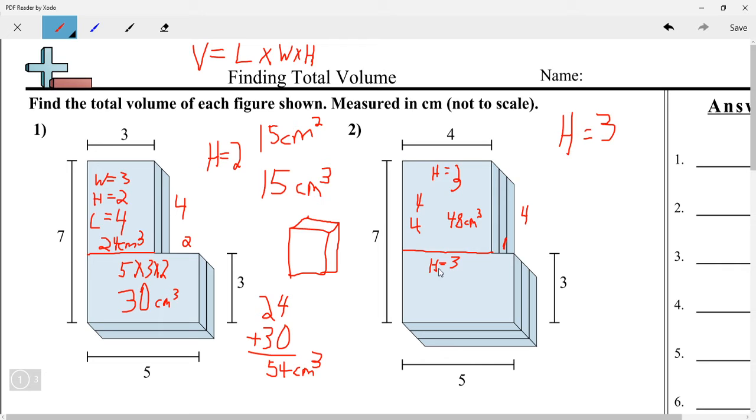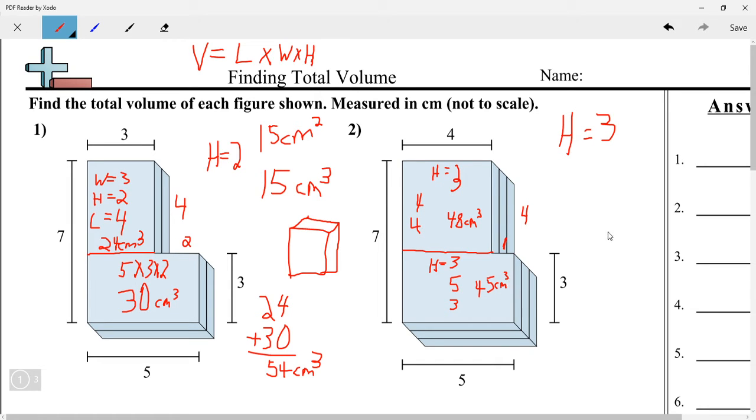Now, for this one, we know that the height is 3, the length is 5, and the width is 3. So we need to multiply these ones. And as you notice, I'm never using this 7 here because that line goes through both rectangles, right? So this big line is not part of a rectangle. So first we do 3 times 5 is 15 times 3. So this would be 45 centimeters